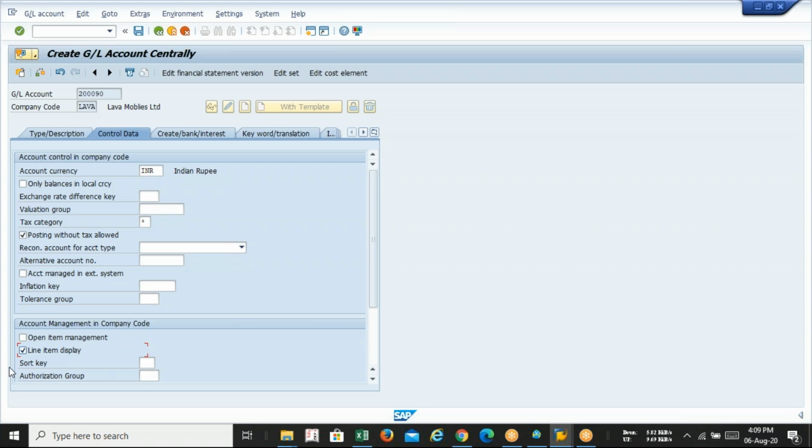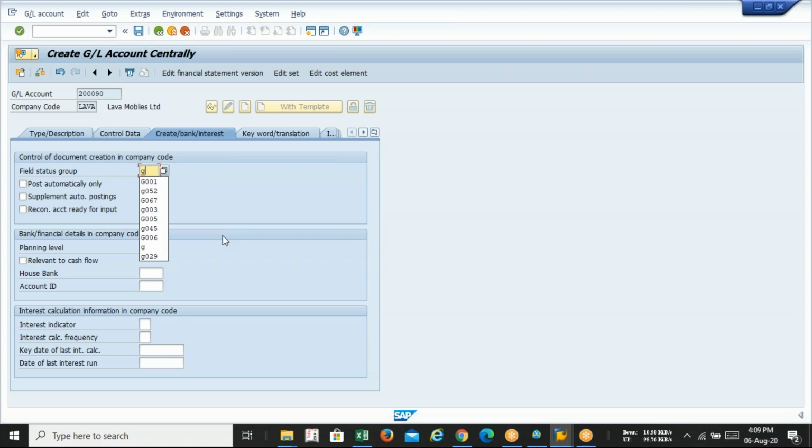You will get to know later on, when we start the end user task, why short key is not required. Okay. And finally, field status group will be G001, and do not forget to tick the option post automatically only, because the balance of the cash account will be obtained automatically from the system, not calculated by our own.